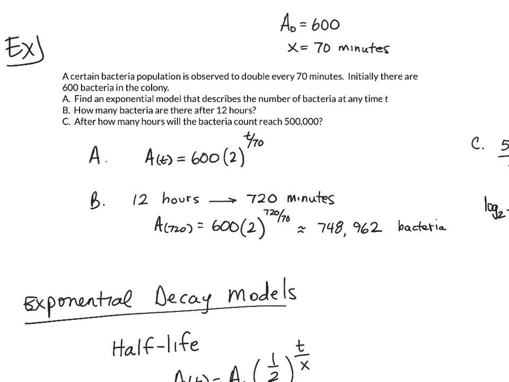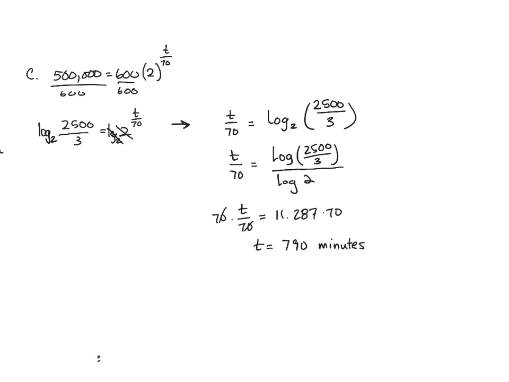But the question asks, after how many hours will the bacteria count reach 500,000? So our answer is in terms of minutes. We need to give the answer in terms of hours. So we just need to divide that value by 60. So 790, where are you? Right here, 790 divided by 60 would give us the number of hours. So that's about 13. So after 13 hours,